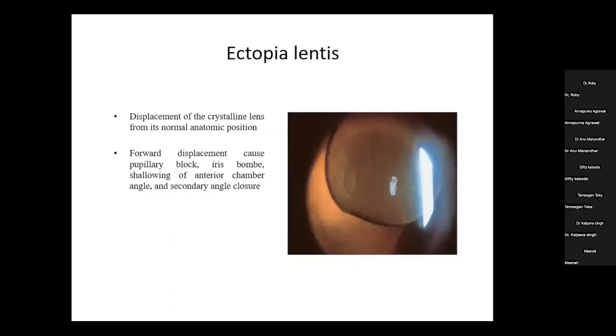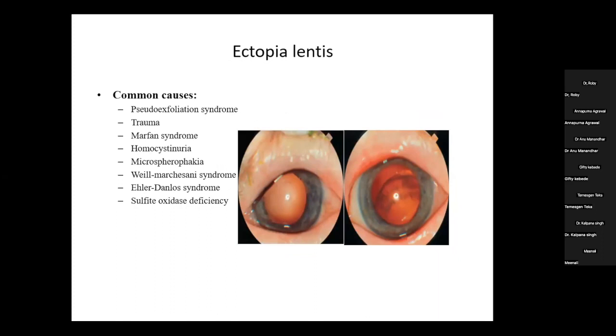Ectopia lentis. This is the condition in which there is displacement of the crystalline lens from its normal anatomical position. The forward displacement causes pupillary block, which gives rise to iris bombe, shallowing of the anterior chamber, and secondary angle closure. These are the common causes of